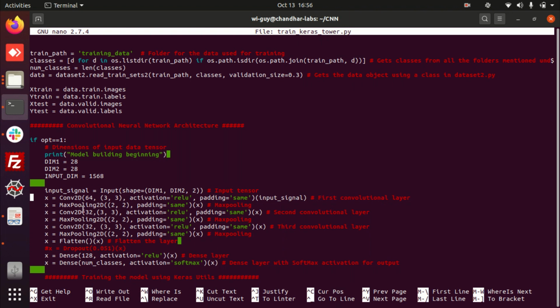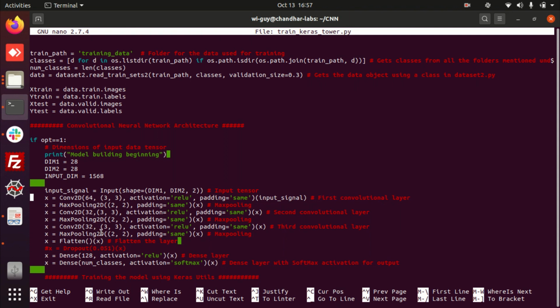Then here I am using a 3-stage convolution layer, okay. 3 cross 3 is the filter, or the kernel size used in the convolution. 64 and 32 are the number of filters I am using. Then I am using the activation function ReLU. In convolution I am using zero padding, that's why same. Next step is max pooling. In max pooling my kernel size is 2,2, okay. Padding same, okay. Both max pooling and convolution I am doing in 2D, so I am doing 3 stages of convolution and max pooling. So 1, 2, 3 stages.